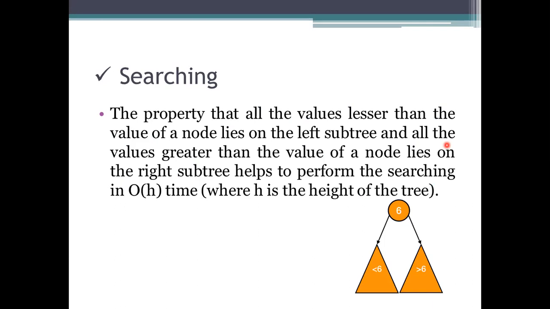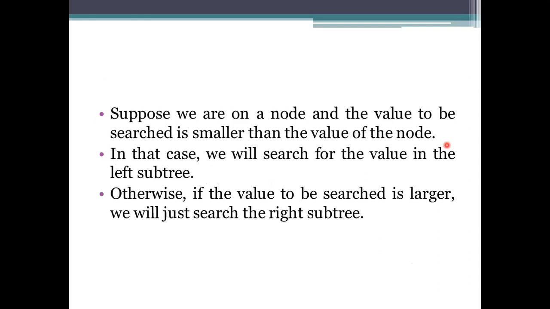And then compare with the present root node. If you go to the left subtree, that left subtree's child will be considered as the root node. Compare with the left subtree's root node. So this temporary root node allows you to access either the left side or the right side. By comparing with them, it allows us to get the values. The time complexity is considered as big O of H here.